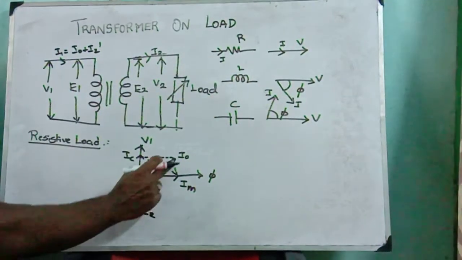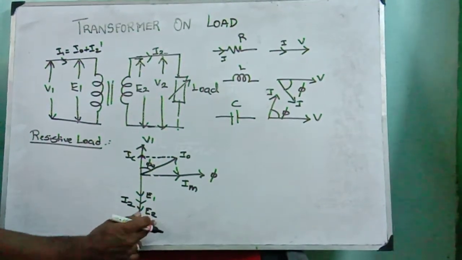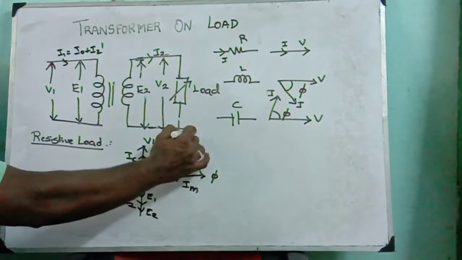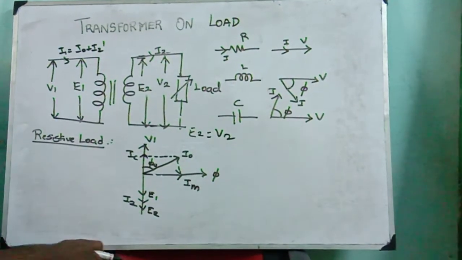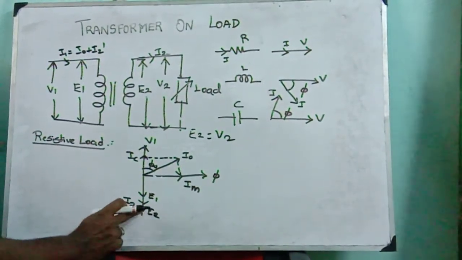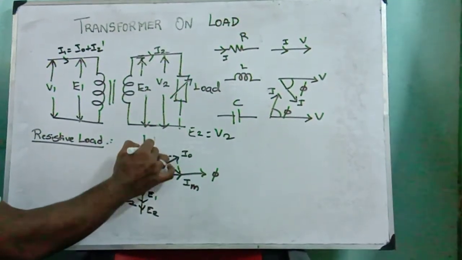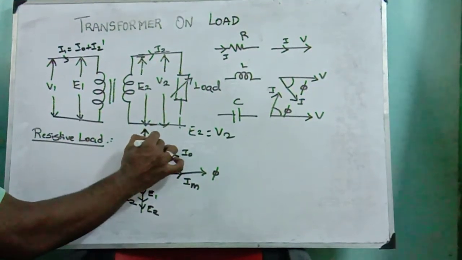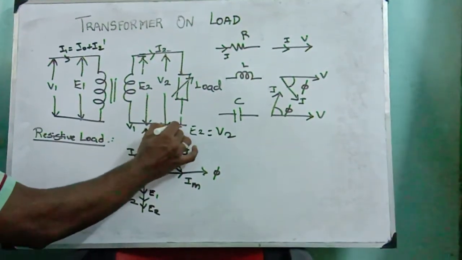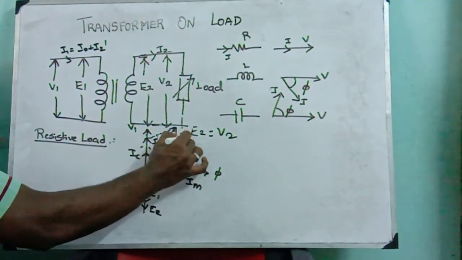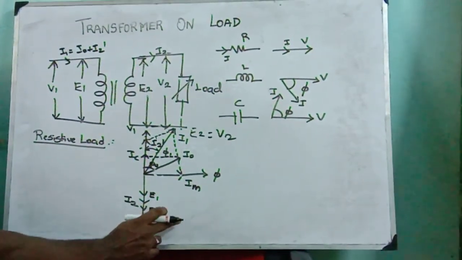Since voltage and current are in phase, I am taking I2 in phase with E2. In the diagram I have shown E2 and V2. In normal condition, that is in ideal condition, I can take V2 as nothing but your E2. So this voltage and current are in phase. Similarly, the compensation will be here, opposite. Now you see, I am just drawing this, and this is your I2 dash, and this is V1. So I want to take a resultant here. I am joining this, so this is your I1. This I1 makes an angle with V1. Hope you understand this vector diagram for resistive load.